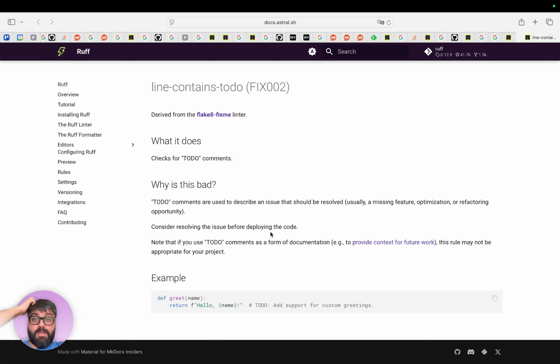So if there's not many left at the end, I'm not going to add this to the ignore, but I might later on just to get it out of the way because it's annoying. We will see. You know, I do also use to-do comments as a form of documentation. I really do. But I use note and the other ones.